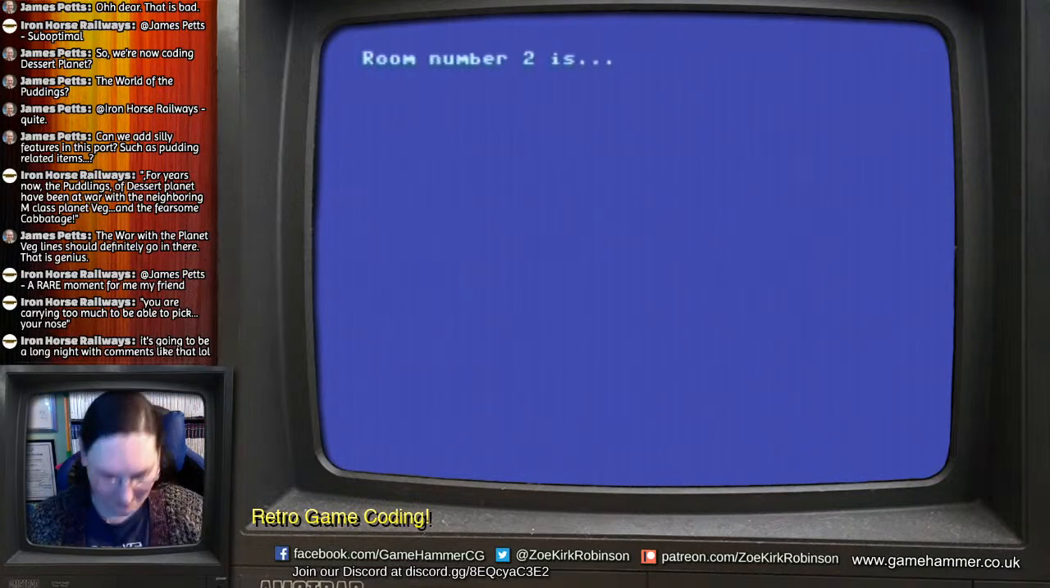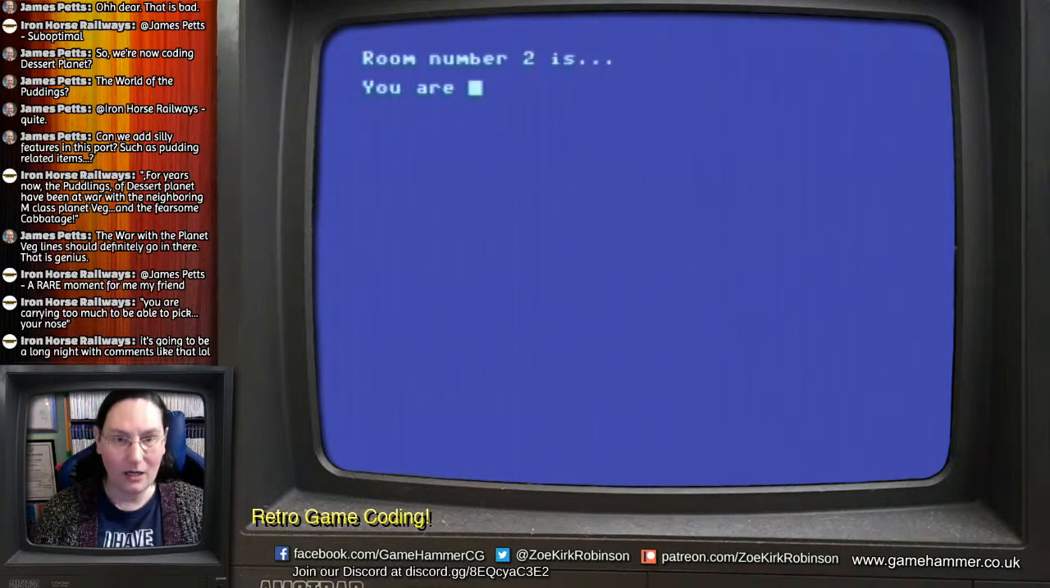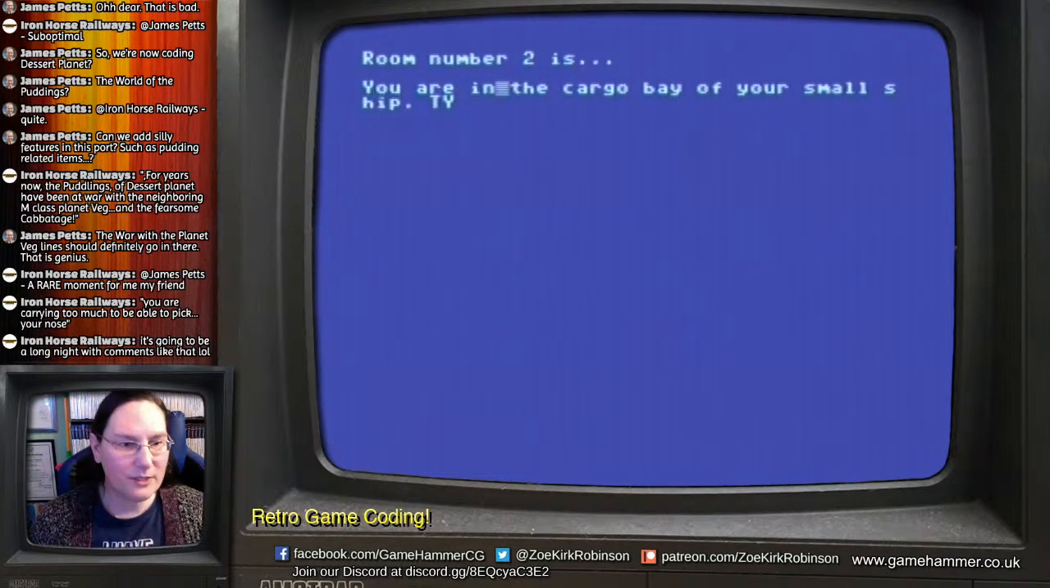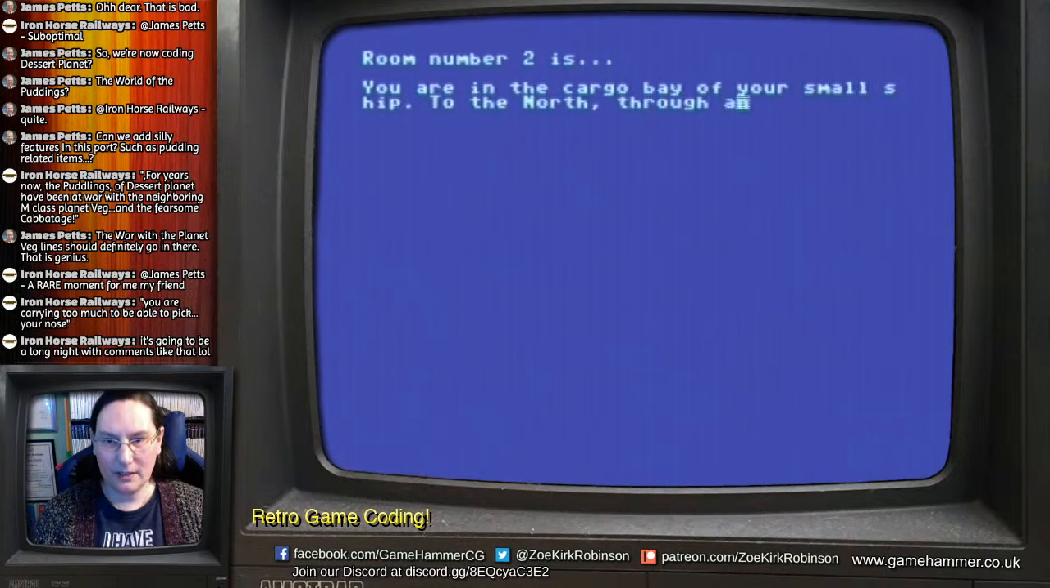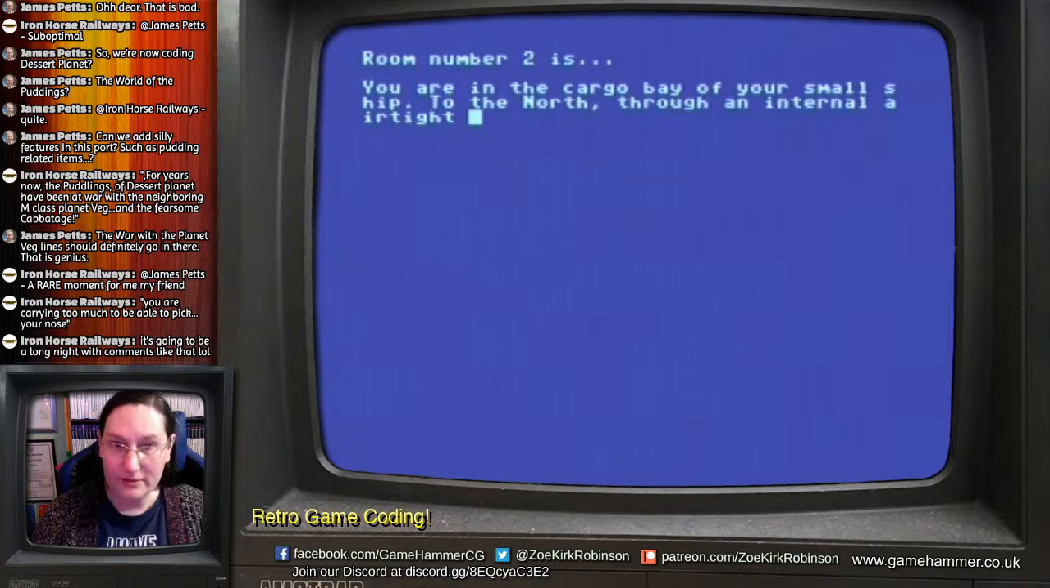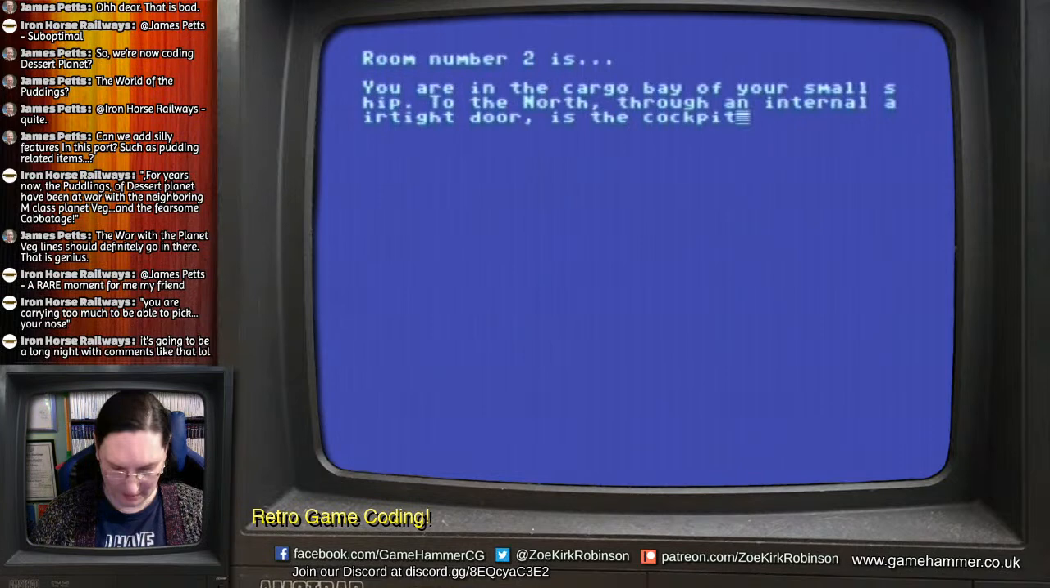So this is the cargo bay. You are in the cargo bay of your small ship. Pressed upwards accidentally. Oh my goodness. To the north through an internal airtight door is the cockpit, while to the south